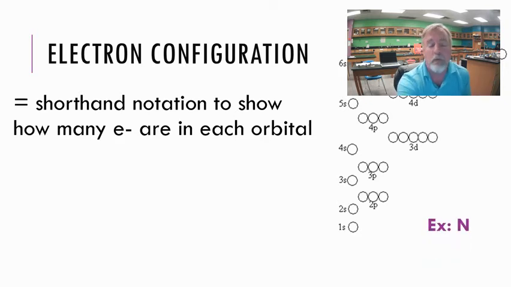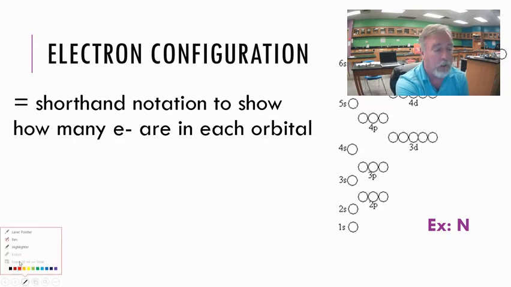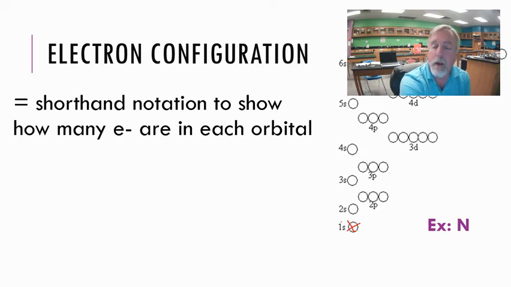And so what we would do here, for example, if I asked you to do nitrogen, we look at the periodic table, and we see it has 7 electrons. So we're going to put 1 electron here. Second electron. Remember, each orbital can hold 2. And now we fill that orbital, so we're going to go up here. Our third electron is going to go in here. Our fourth electron is going to go in here. Now that we have our 2p, we put 1 electron in at a time. We don't double them up. They don't want to share. So that's our 5th electron, our 6th electron, and our 7th electron.